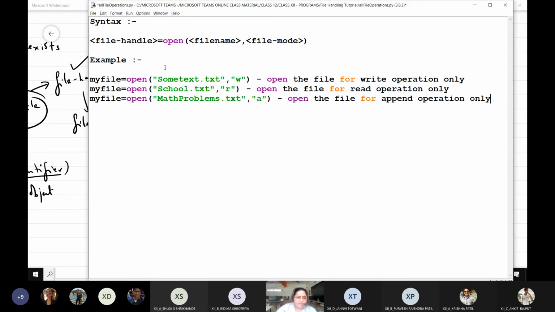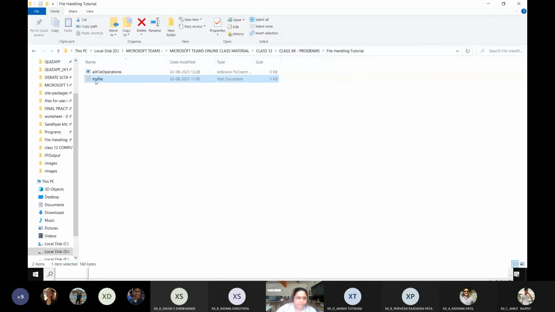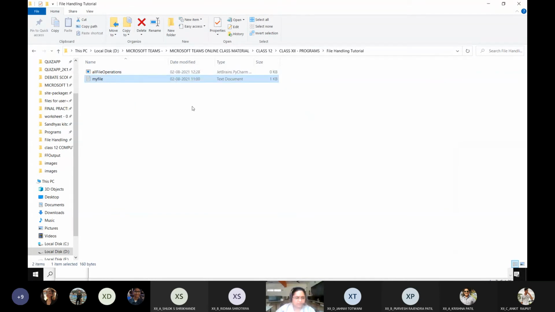Now these are names of files. Okay, I will show you the file names in my folder here. I have created my file. It's a simple text file. So I'm just going to rename this file by something. About text file. So I just gave a random name, about text files, to it.